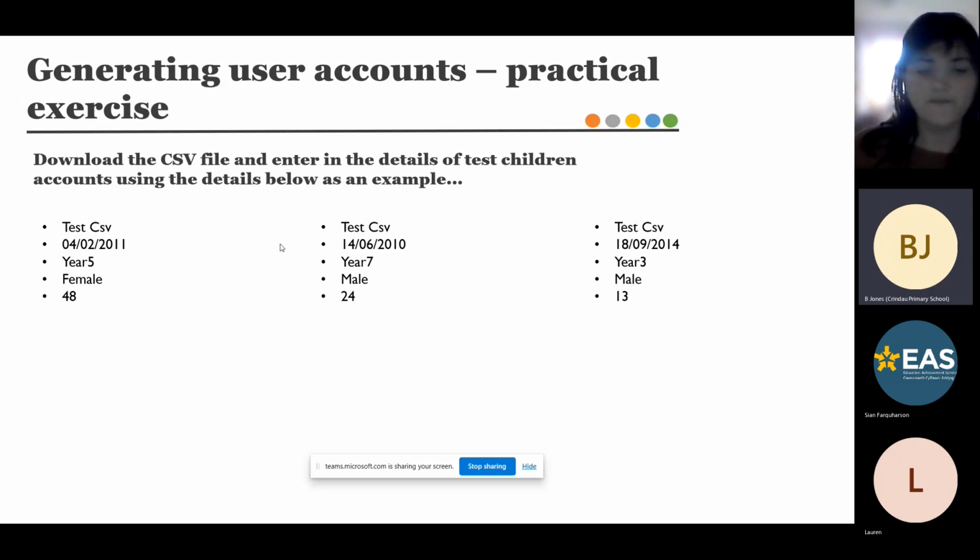I've got a green button now that says begin import. Fabulous. So if you click begin import,